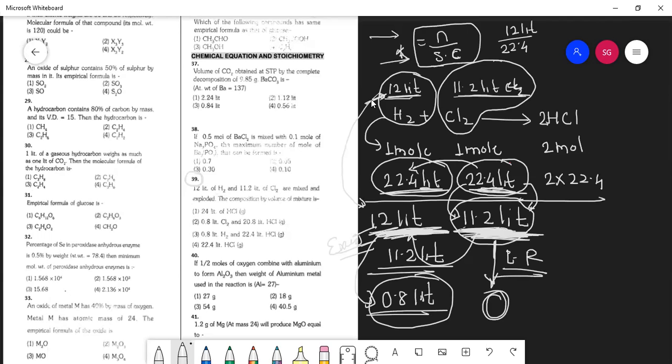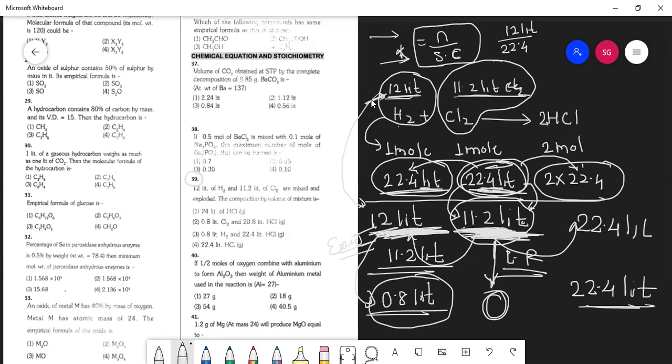0. So if this is 11.2, see here, if this is 22.4, double will be the moles of this. If it is 11.2, how much will this be? 22.4. Very good, 22.4 liters. Means HCl is how much? 22.4 liters. How much hydrogen is left? 0.8. This is called the composition. Now you find in the options where it is. Hydrogen should be 0.8 and HCl should be 22.4. Option third.